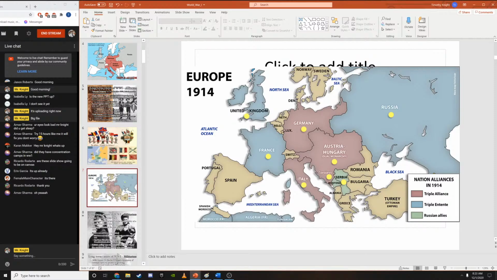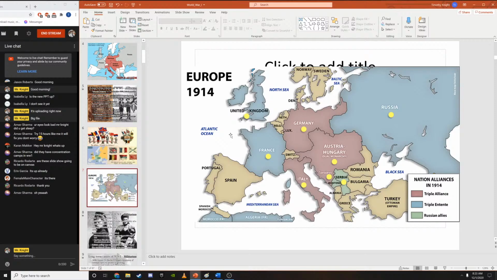Now, Russia had some allies that were not technically part of the Triple Entente, but they were nonetheless allied with the French, the Russians, and the British. And this is really unique because Britain had absolutely no interest in Serbia. They could have cared less what happened in Serbia. But they do care about their own navy, and for that reason, they are just as concerned as ever about Germany gaining too much power and upsetting the balance of power in Europe at this time. So this is the political scheme of things before the war starts.